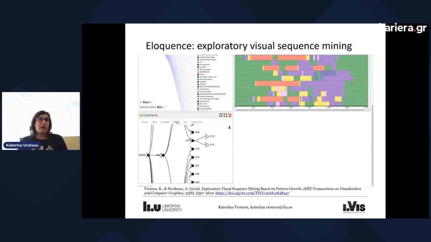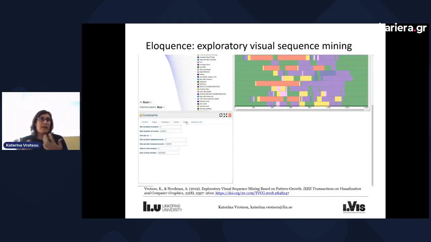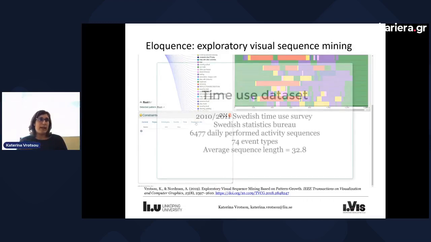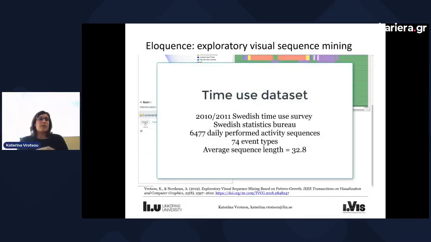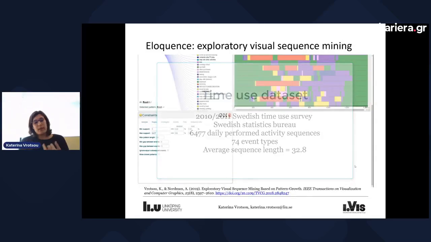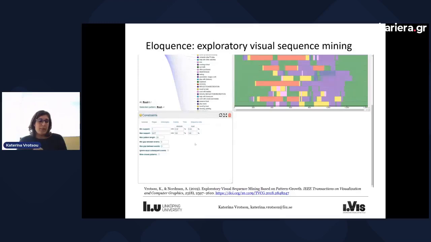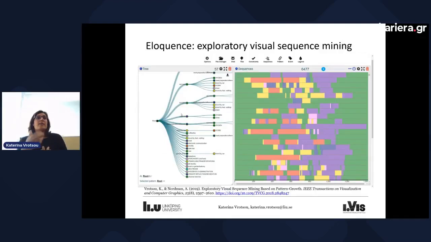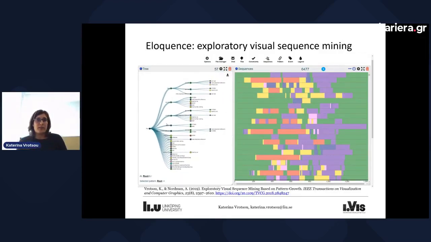constraints on the algorithm. There is a panel that allows constraints and filters to be applied. And constraints can be applied in terms of this minimum support, but also in terms of the gaps between the identified pattern events. So if two events occur very far away from each other, then perhaps they are not considered part of the same event. So a user here can enter a minimum support threshold and start growing the patterns in the